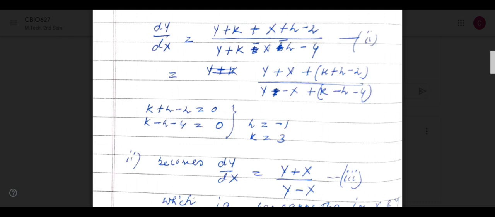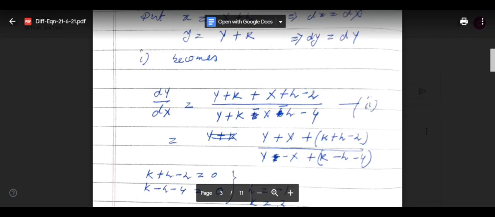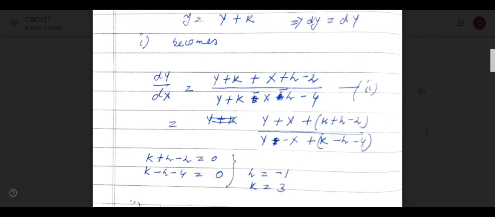So on the left side you are getting minus 1. Then b and b dash are equal to 1. So minus 1 is not equal to 1. That is satisfying case 1, so we have to use that: x equal to X plus h, y equal to Y plus k. Okay, so now make it from equation 1 to 2.